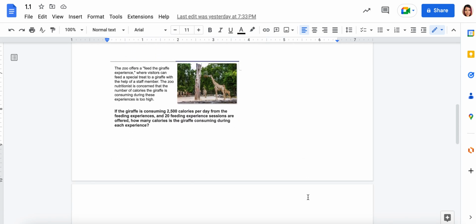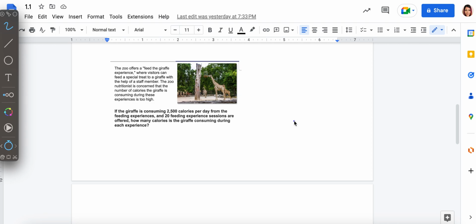Okay, next, we'll go down to this one. And this one says the zoo offers a Feed the Giraffe experience where visitors can feed a special treat to a giraffe with the help of a staff member. The zoo nutritionist is concerned that the number of calories the giraffe is consuming during these experiences is too high. So again, making sure we know what is in the problem. So the giraffe is consuming